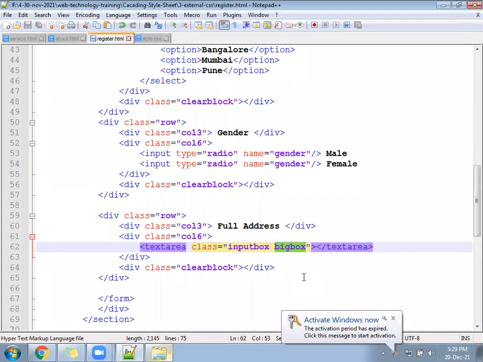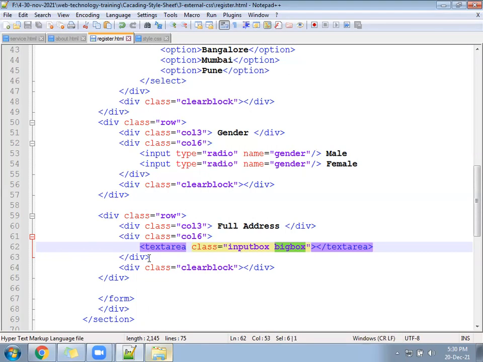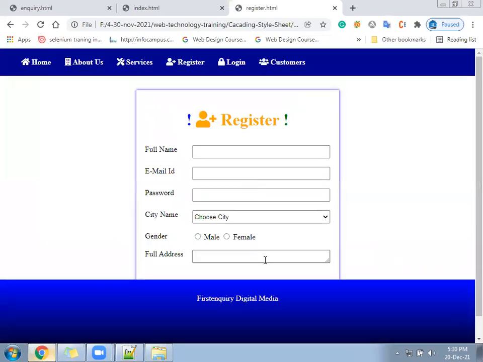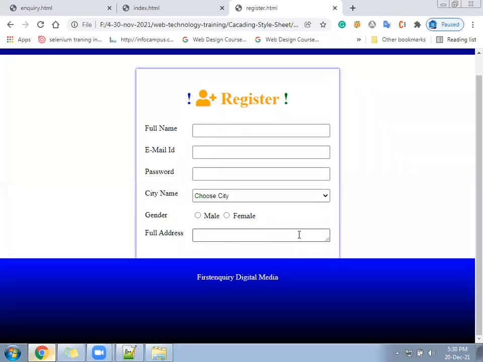The text area will come in the same size, same height.